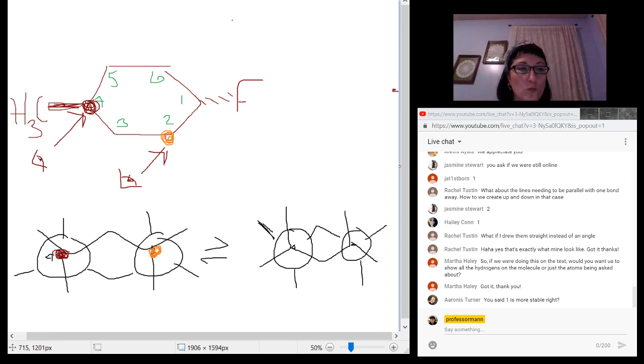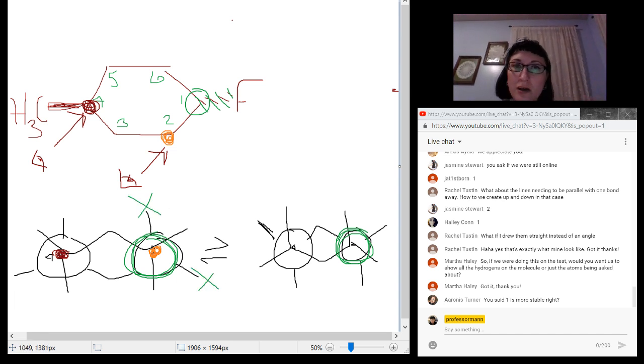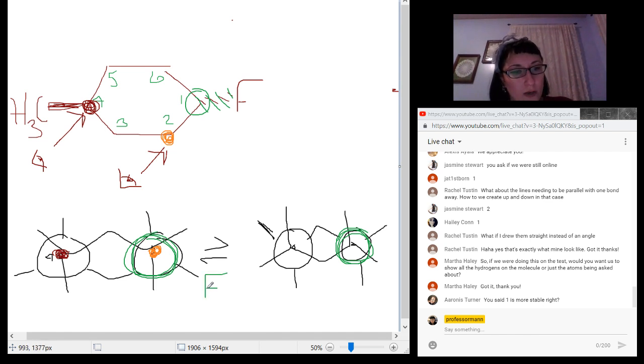So carbon 1, the one that's behind there, would be this one there and this one there. And that's the one that has a fluorine on it, and the fluorine is pointing in the down position. So notice there's 2 spots on that back carbon. One's pointing up, and you can tell it's in the axial position, and the other one's pointing down. So we need the one that's pointing down, right?